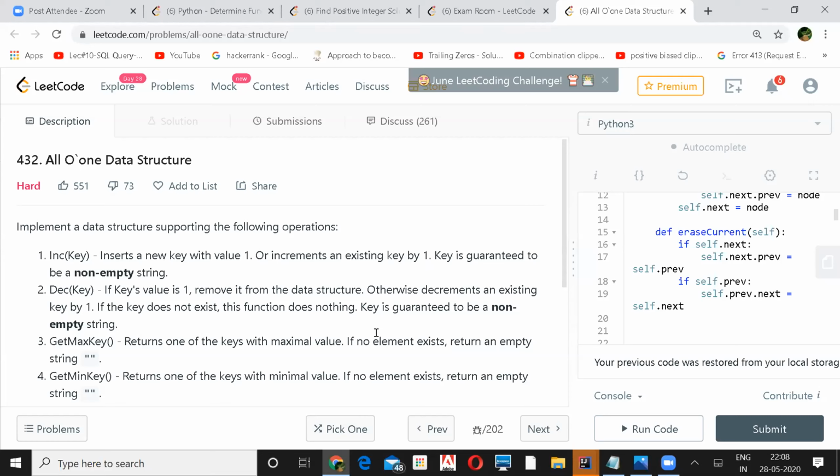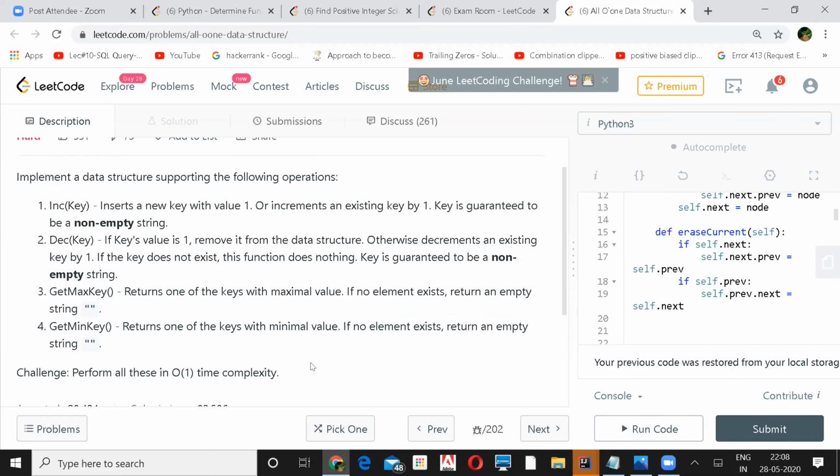Right. Yeah. So Santosh, though your solution has been accepted by LeetCode, that's not the correct solution. If you go with that last line, the challenge is we have to implement it in O of 1. So from an interview point of view, that's not the correct answer, right? So O of 1 is for what? For all the operations, yeah. That is the challenge for this question.